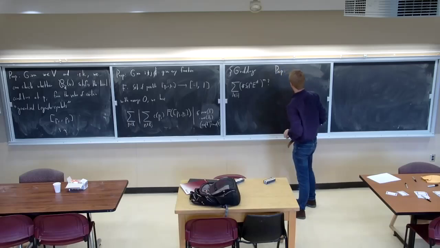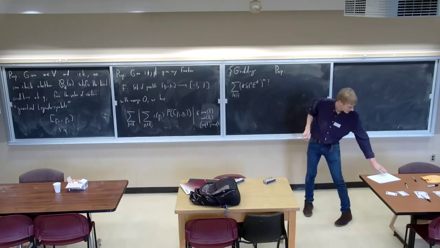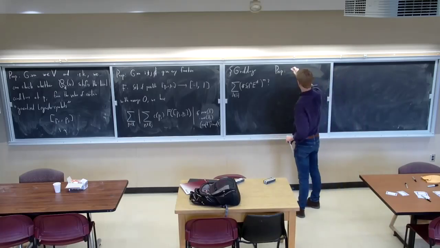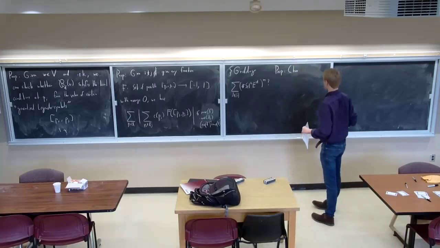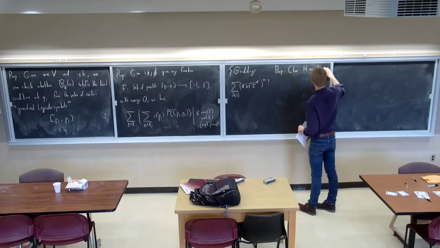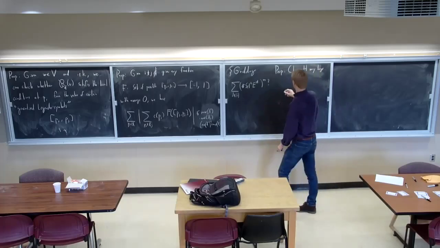Okay, proposition. So let's suppose that E has been fixed. We're interested in one particular E, and we're going to choose some very large H. And suppose that